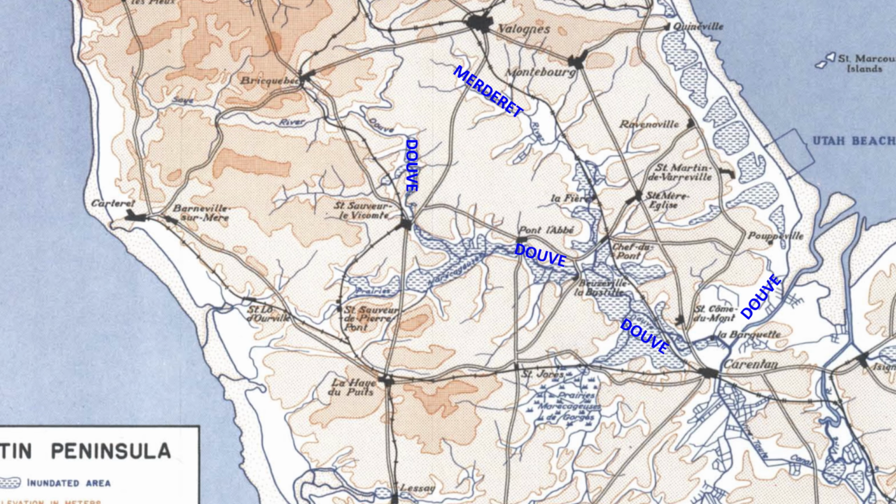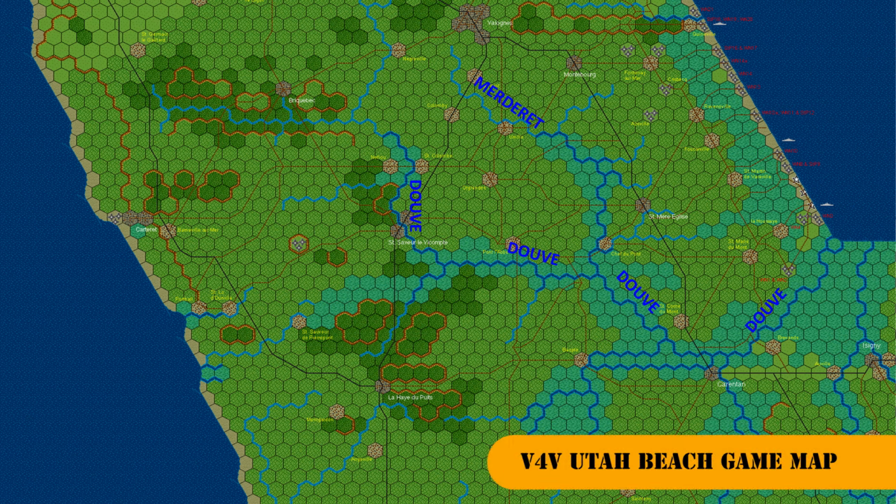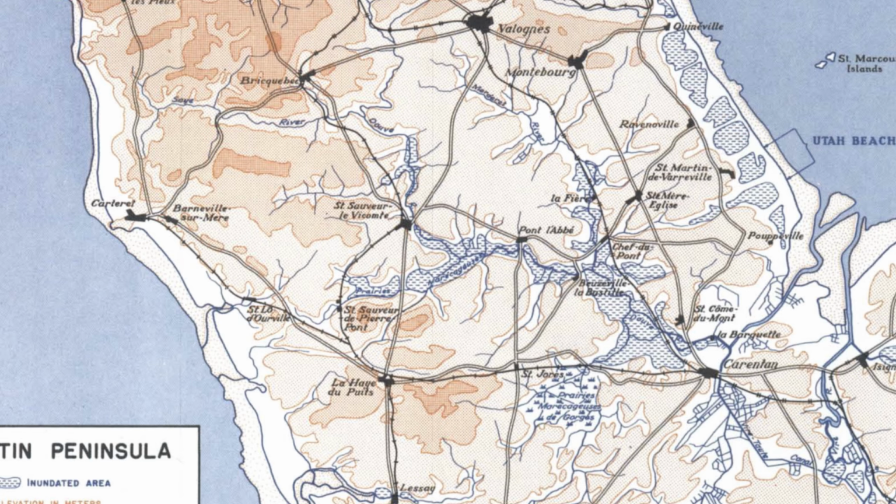Neither river has high banks or is sufficiently wide to present insurmountable obstacles, but through much of their course these rivers flow through flat bottom lands and water meadows. A lock and dam at La Barquette, just north of Carentan, controls the drainage of most of these bottomlands. At high tide, the low marshlands of the Douve and the Merderet are below sea level, and by opening the lock, these lands can be converted into shallow lakes which, supplemented by the water meadows and undrained swampland of the